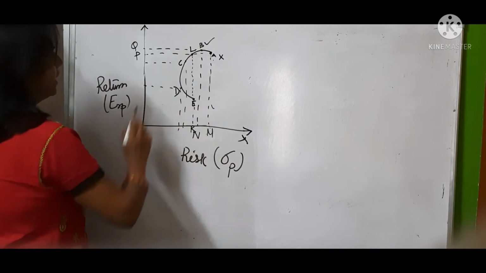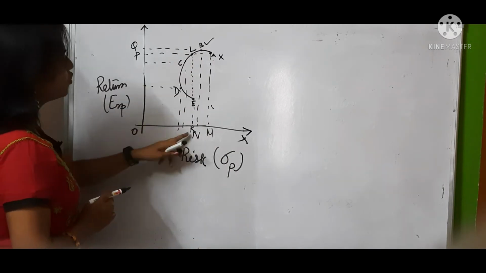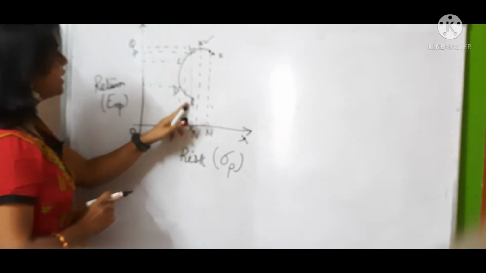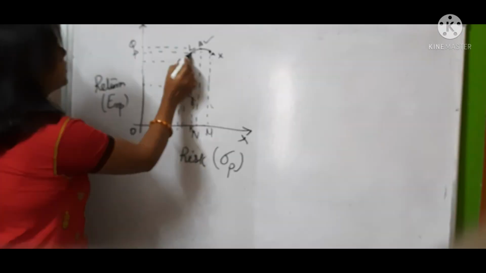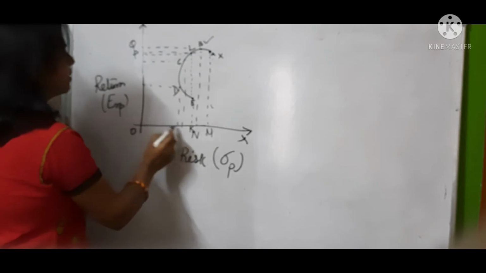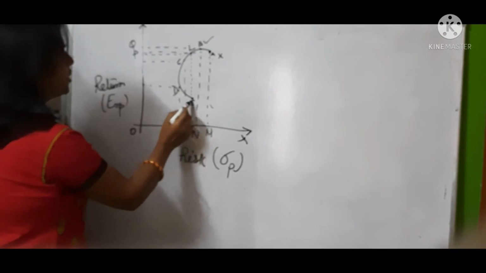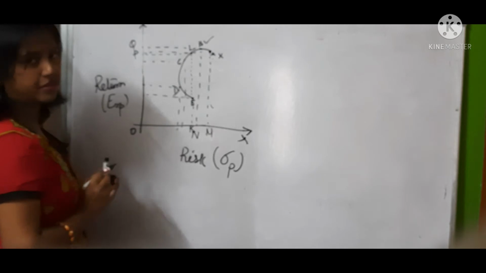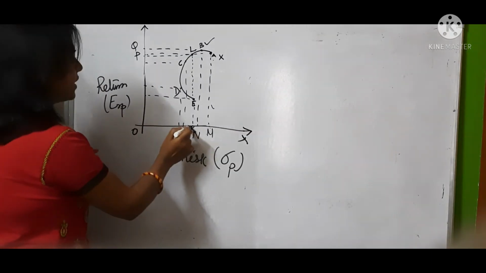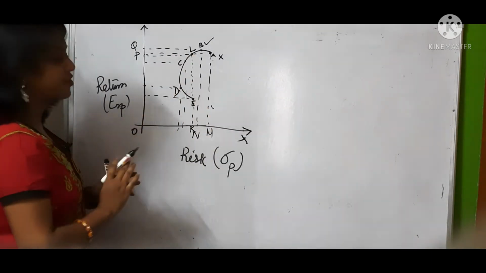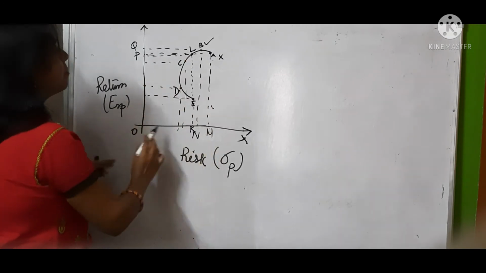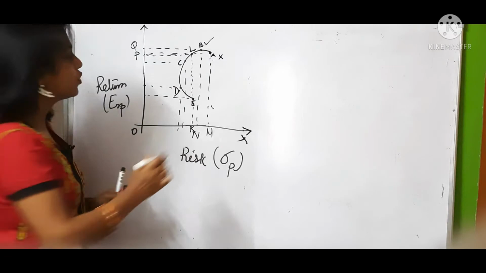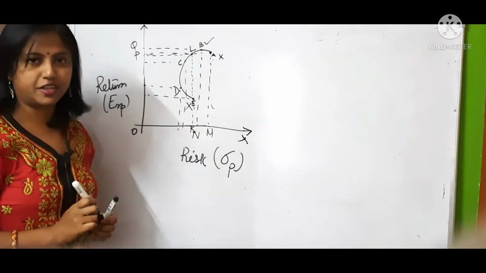Sorry, it is called L. You see, L is also taking an OK amount of risk and E is also taking an OK amount of risk, but L is giving such a high return, while E is giving me lesser return. K and L both have taken the same amount of risk, but the return is high in the case of L and less in the case of E. So E is not on the efficient frontier.